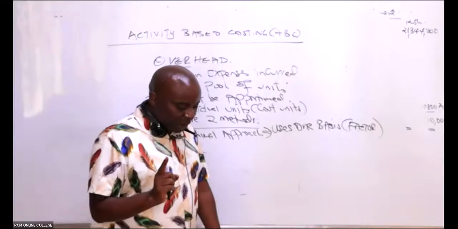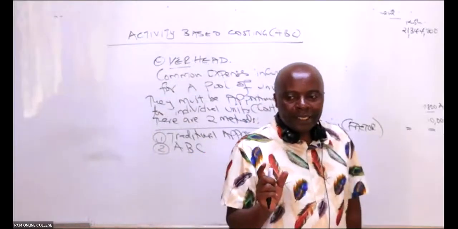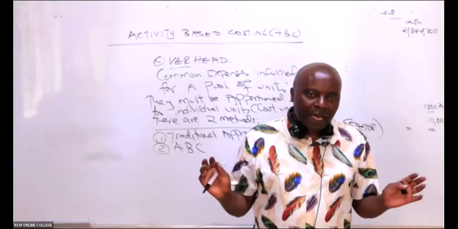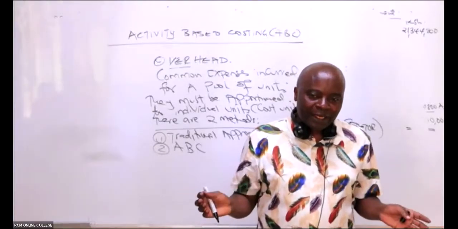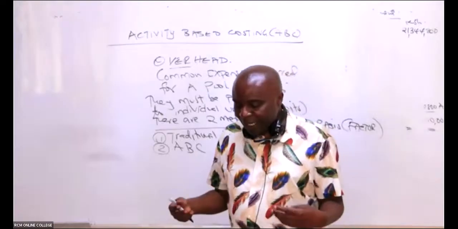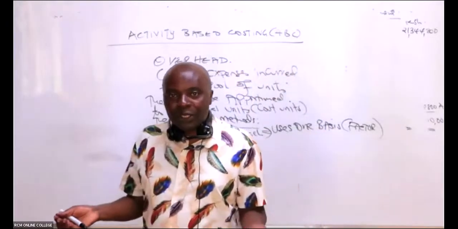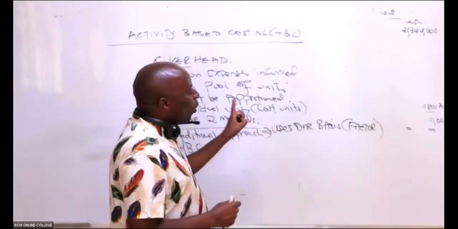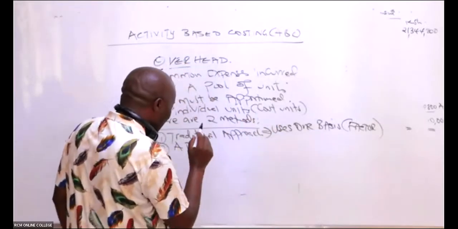So it assumes that the entire overhead item is being affected by labor hours, which is a lie. We could be having some overhead items which don't even relate with the labor hours totally. So this one here uses one factor, whereas ABC